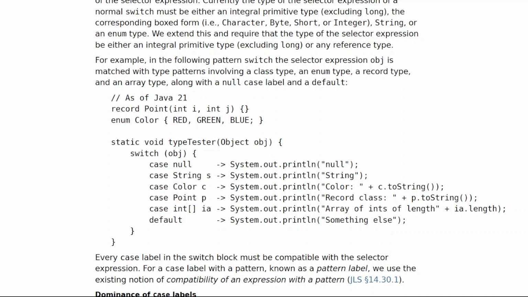record Point(int i, int j) {} enum Color { RED, GREEN, BLUE } static void typeTester(Object obj) { switch (obj) { case null -> System.out.println("null"); case String s -> System.out.println("String"); case Color c -> System.out.println("Color: " + c.toString()); case Point p -> System.out.println("Record class: " + p.toString()); case int[] iarr -> System.out.println("Array of ints of length " + iarr.length); default -> System.out.println("Something else"); } }